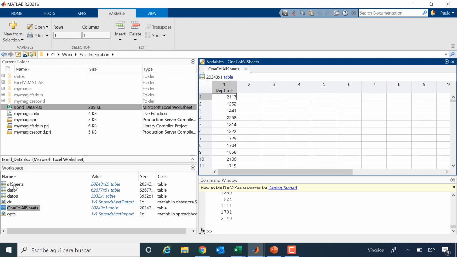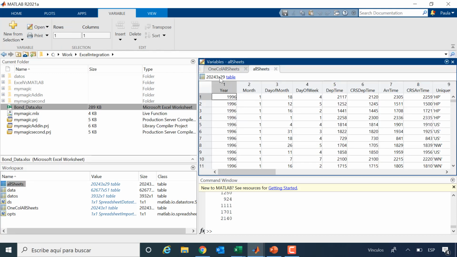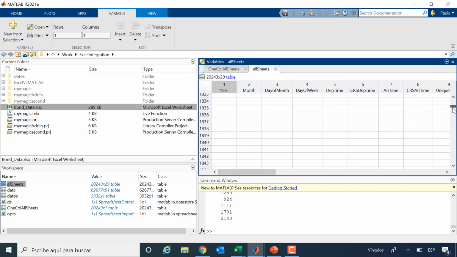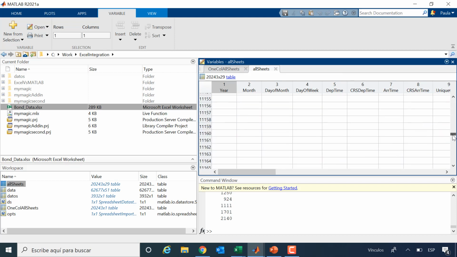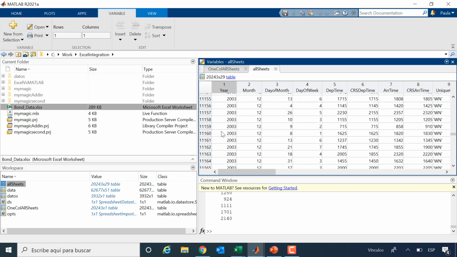Okay, so here I didn't show you the output 1996, and then if I carry on further down, you see the next year and the next year. So as you can see, MATLAB treats them, putting one after the other, which makes it very easy because it's going to process them all in the same way.